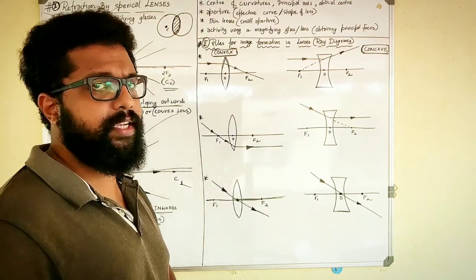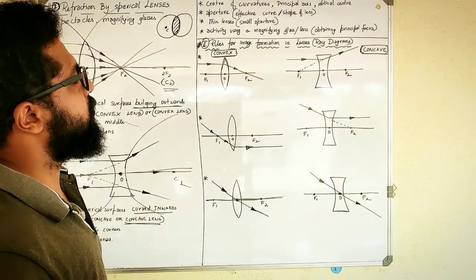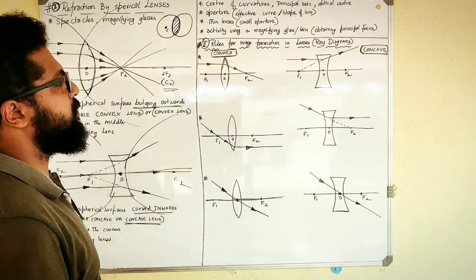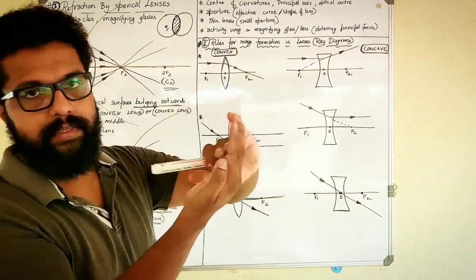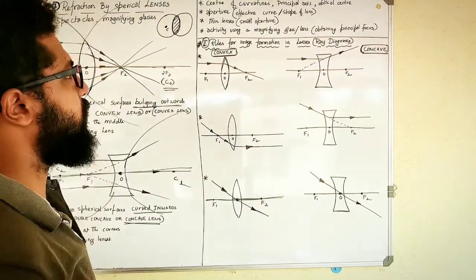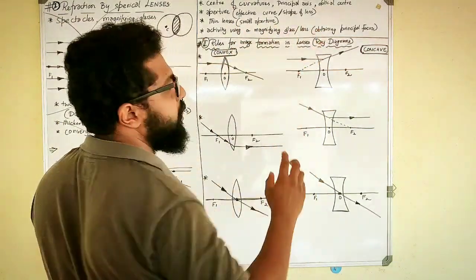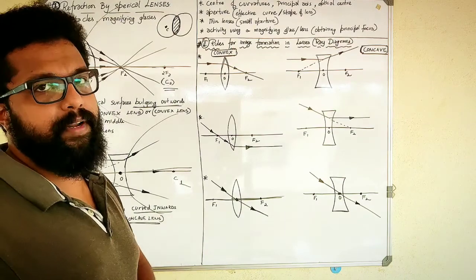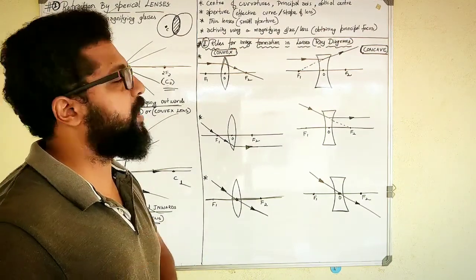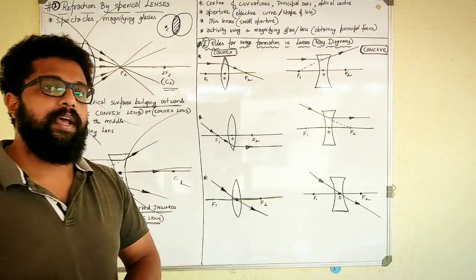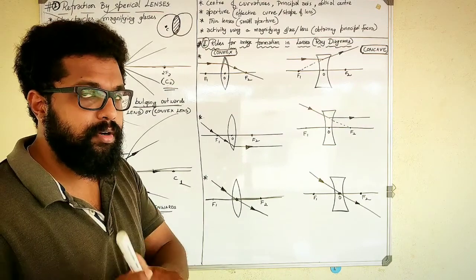In aperture, in the textbook they have given that it is the effective diameter of a lens. So that effective diameter means it is nothing but how much is the curviness of that lens. That is what they mean by aperture. Okay, how much is the curviness, or I can tell the effective curve or the effective shape of a lens, is called aperture. So you can write the same definition as that of the text, that is, the effective diameter of a lens is called aperture. And this aperture helps us understand what type of a lens, that is not convex or concave.